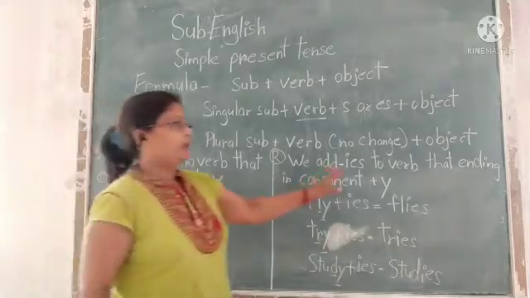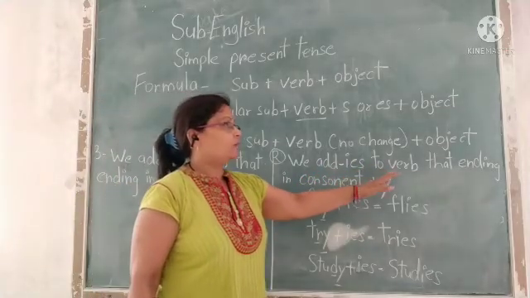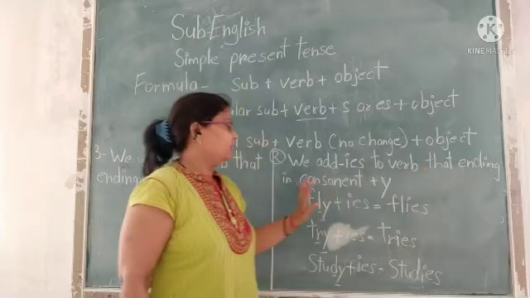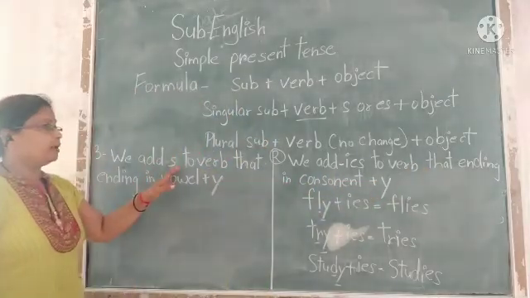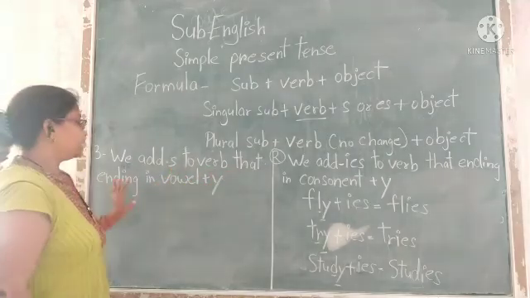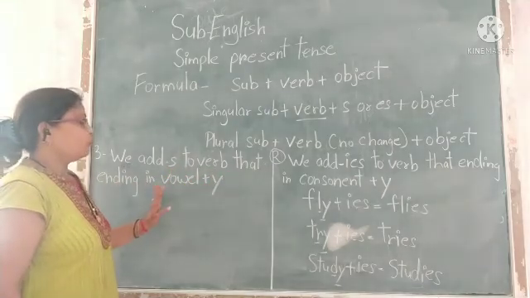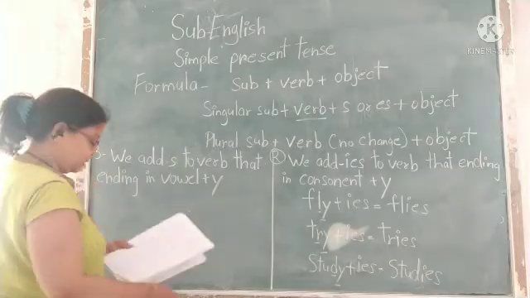Here we add ies if our verb ends in consonant plus y, and here we add only s to verbs that end in vowel plus y, like play,